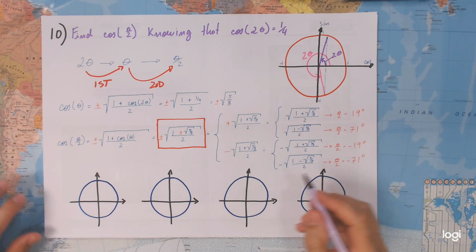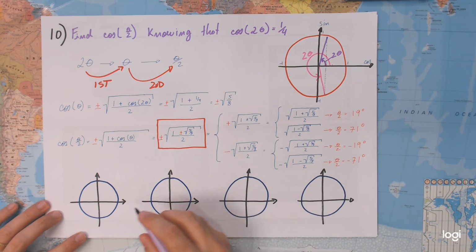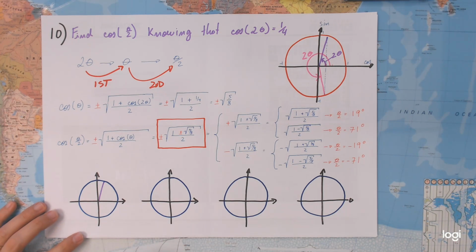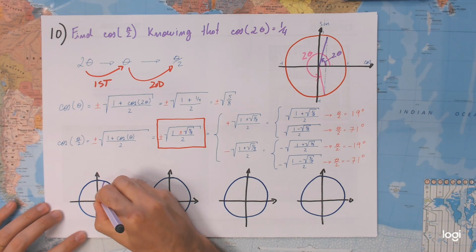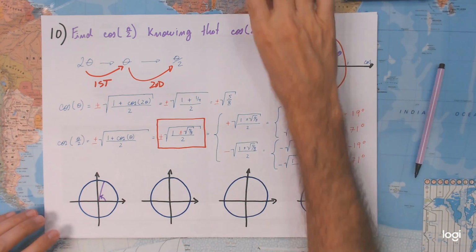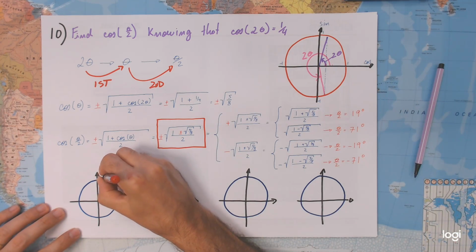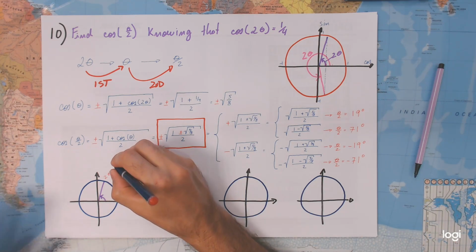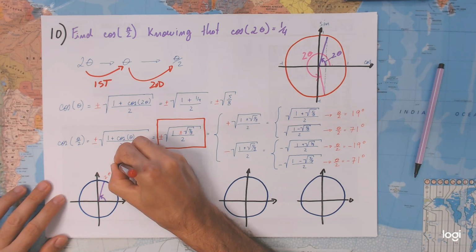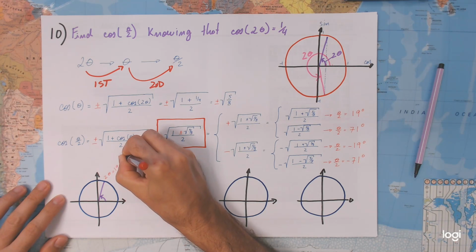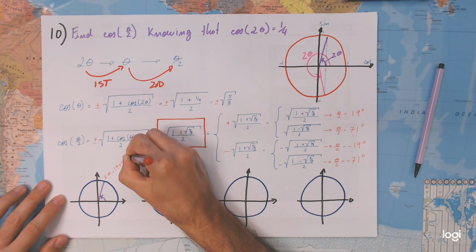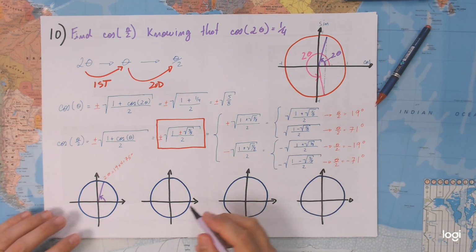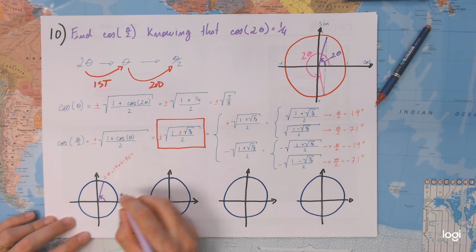So in this case, this would be our 2 theta, and 2 theta equals 19 times 4 equals 76 degrees. If 2 theta is this, then it means that theta over 2